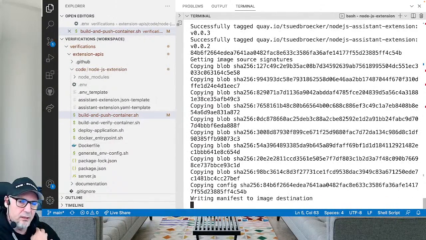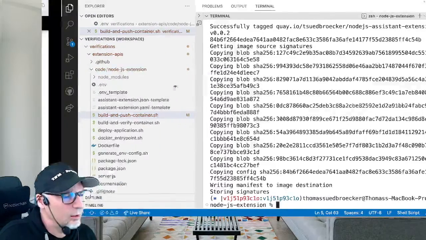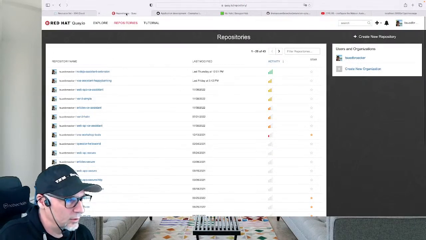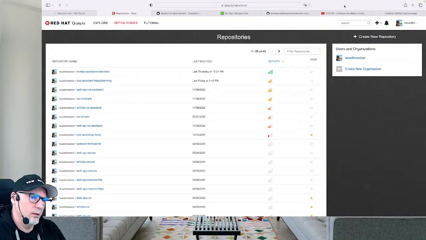You can use Quay for free. It got a little bit complicated to register. I have used it for a while, and that's the reason why I really like it. So I just use it, and now you have the